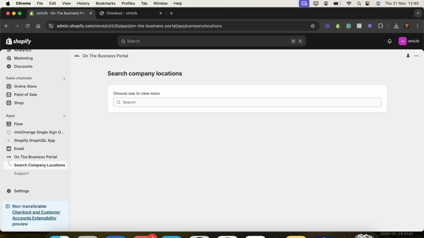So that's pretty much it. It's pretty straightforward, really nice and easy to navigate around the dashboard. Again, I do reiterate, this is just version 1, and if you have any feature requests that you'd like us to work on and install, please give us an email support ticket and we'll get back to you as soon as possible,